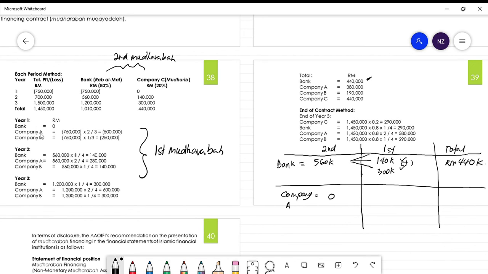So awak tengok company A untuk year pertama dia dapat loss negatif 500. So awak tulislah negatif 500k. Then untuk year kedua dapat 280. Year 3 awak dapat 600k. So when you calculate this, tolak ni kan, ni kena tambah all, you will get amount-nya is RM380k. Okay, itu yang maksud dia pengiraan the profit for both contract.